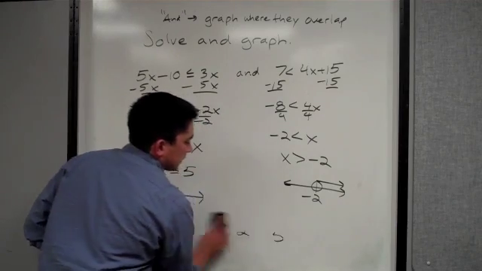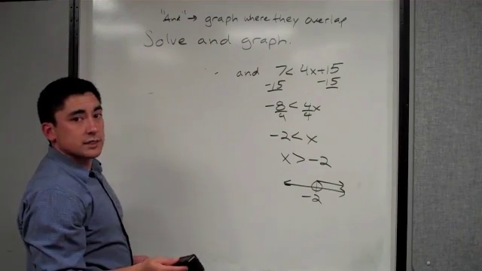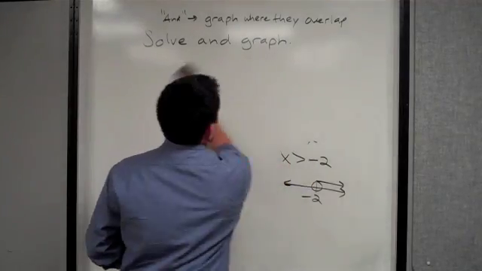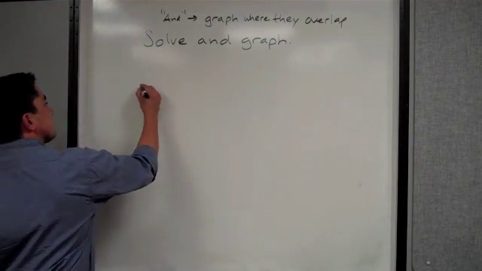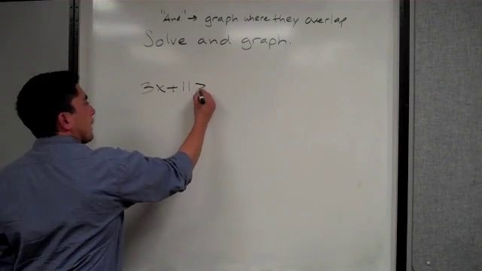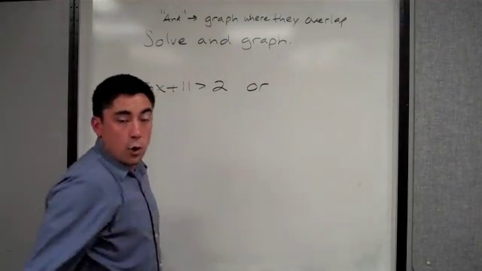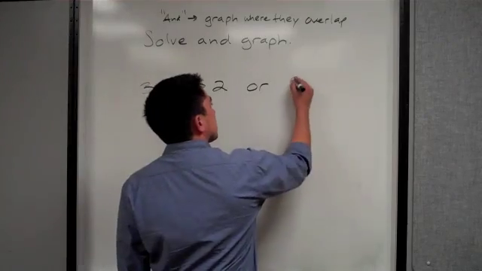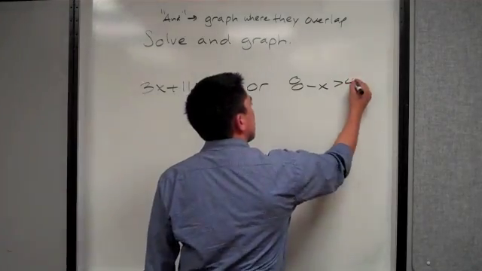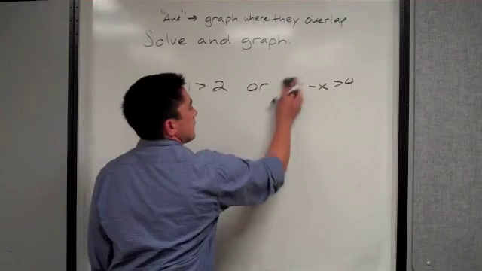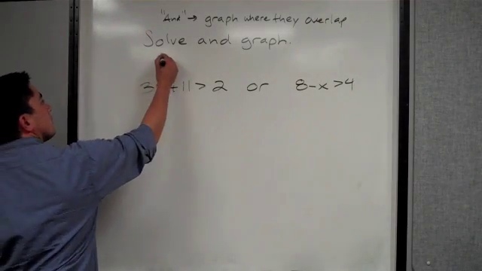So we're going to do one of those. Now an or inequality, the way you can always tell if it's an or inequality is if it says the word or. Okay? Now we have here 3x plus 11 is greater than 2 or 8 minus x is greater than 4. Okay? Now for an or,